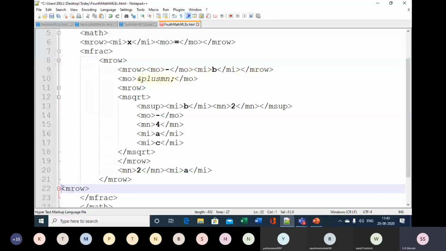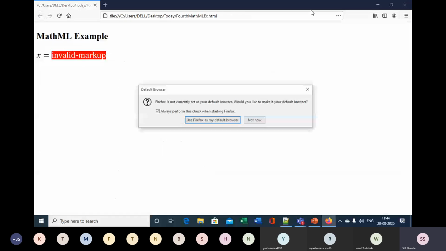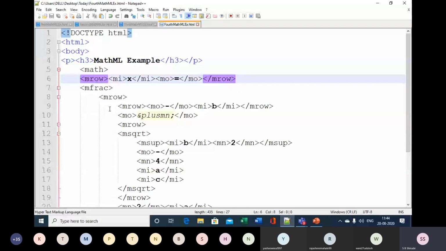So just see the output. Once again, there is something invalid. Let me check it once again. See, in math, we have put m row, and in m row, we have put x is equal to, and then m frac, and in m frac, we have put one m row, and in that m row, we have inserted another row, and in that we have put minus b.